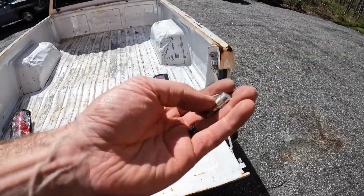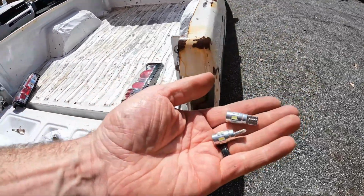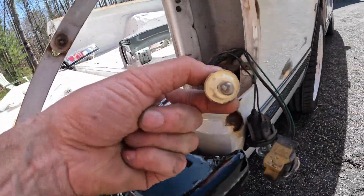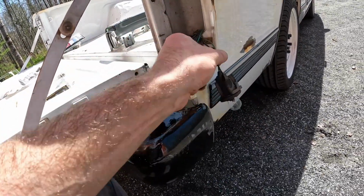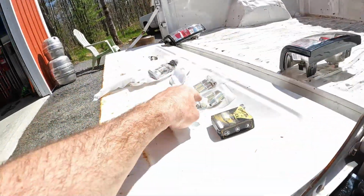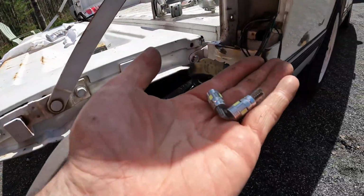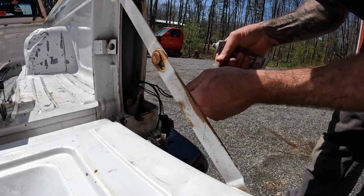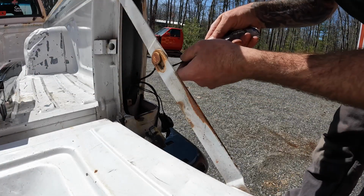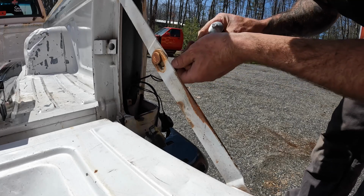All right, so I found some 194 equivalent bulbs that we had in the shop. So we're just going to change those out with these ones. I believe these will be our flashing brake lights, and that will be our reverse light. So reverse light, brake lights, and our park light. So I'm going to go ahead and change these out now. We got some dielectric grease, because it's the right thing to do. A little dab will do ya. We'll put a little bit in there,